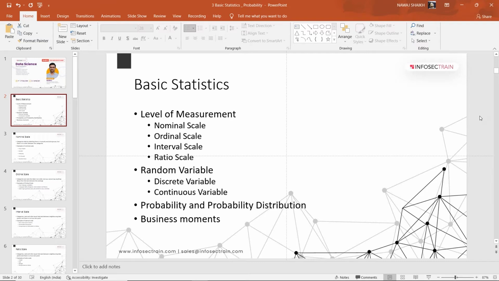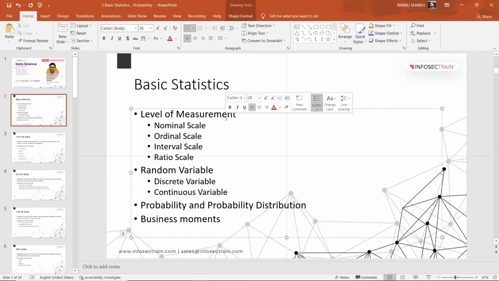So here, first we will start with the basics of statistics. In any data science project, data is a must. For collecting the data, we need some level of measurement.